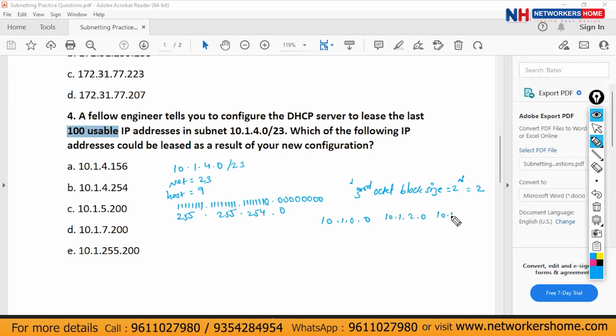Third would be 10.1.4.0. This has been given to you. And next would be 10.1.6.0. So this particular network is ranging from 10.1.4.0 till 10.1.5.255. Correct. Now in this range, if you calculate the last usable 100 IP addresses,